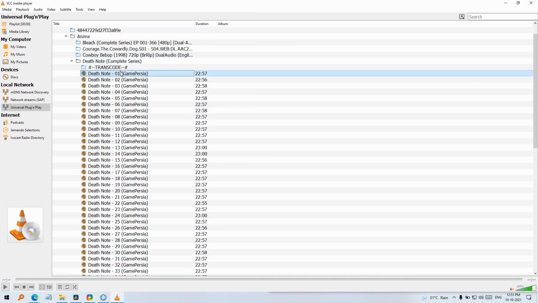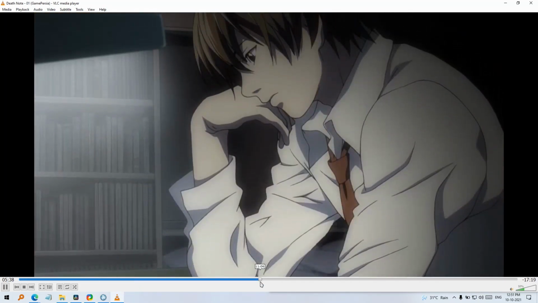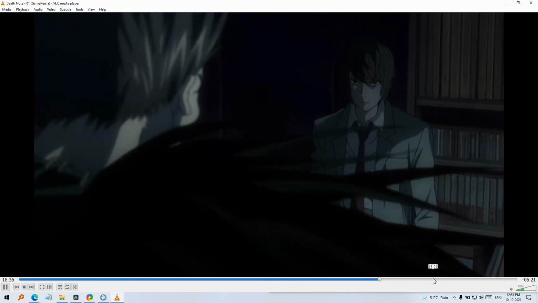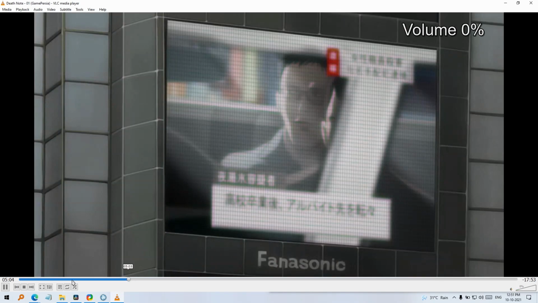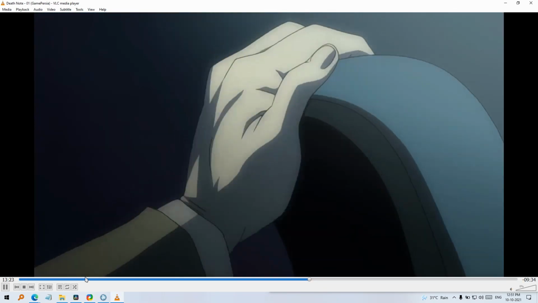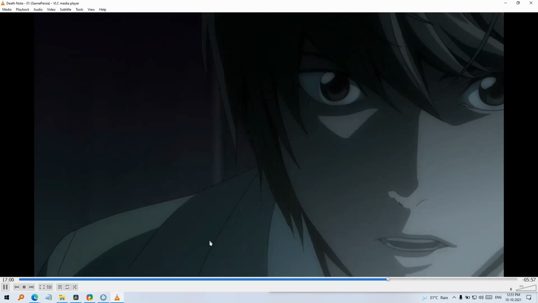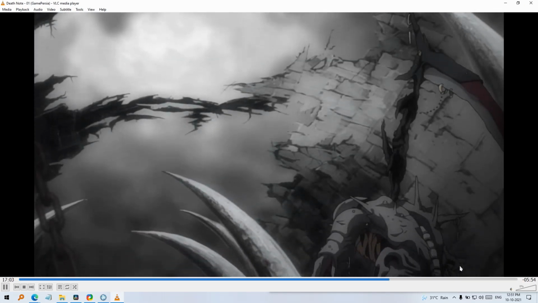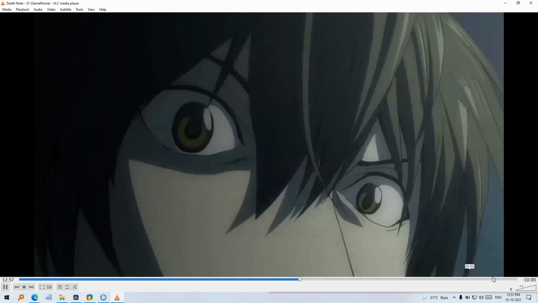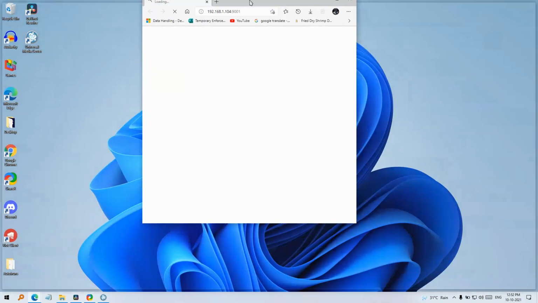We will just go to one of the videos, and if you want to know if the transcoding is enabled, you can just scroll towards any section on any of your devices. If you see that it's buffering, like it's taking time after certain intervals, then it means that transcoding is enabled. Currently, transcoding at my end is disabled because I am able to scrub through the video content. This should be fine. Video transcoding is disabled.